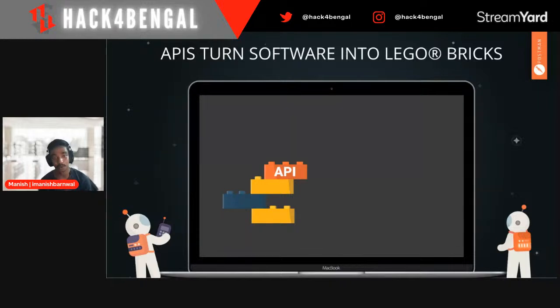Cool. So this looks like a software version of the Lego bricks system, right? See how those plastic blocks can be put together to create new things. The possibilities were endless, right? The only limit is your imagination. When I was a child, I used to play with Lego bricks for endless hours, creating buildings, cars, planes, spaceships, and whatnot. We could create whatever we wanted.